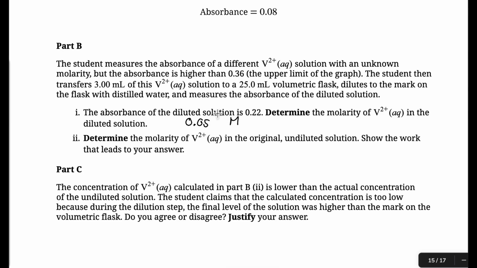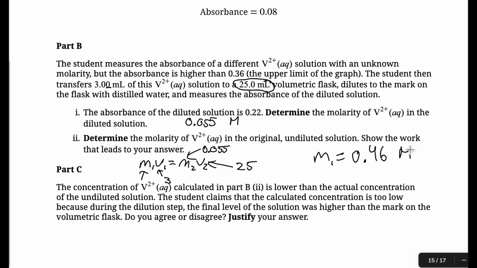Part 2 says determine the molarity in the original undiluted solution. So for this, we're going to use a simple dilution equation, M1V1 equals M2V2. This is our original molarity that we're trying to solve for. Here, this is the volume that we took from our original solution. So we took only 3 milliliters from our original. M2 is our new molarity. That's this 0.055 that we just solved for. And then V2 is our new solution. What's the volume of it? So our new volume is 25 milliliters given here. So we can put this in our calculator to solve for M1, our original molarity of the undiluted solution. So I get that to be about